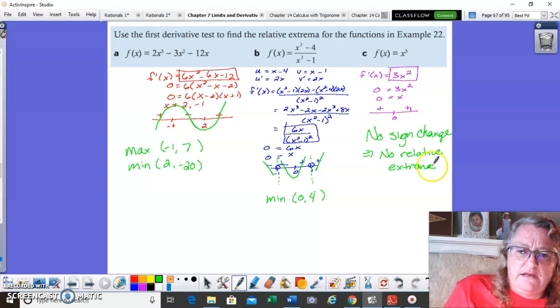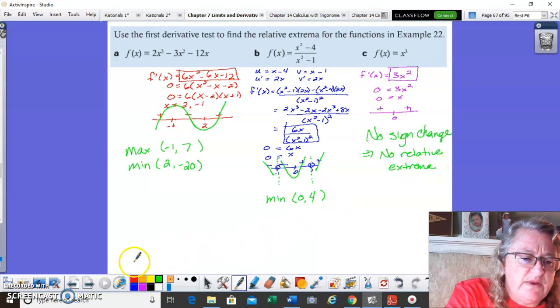Okay, so hopefully that helped out. And what we're going to do right now is we're going to move